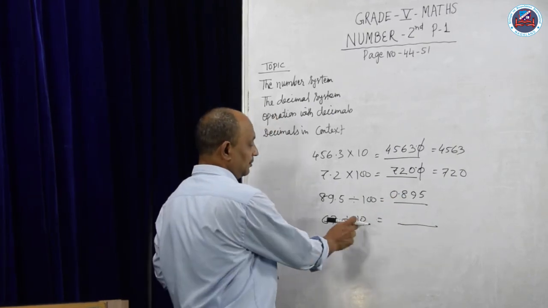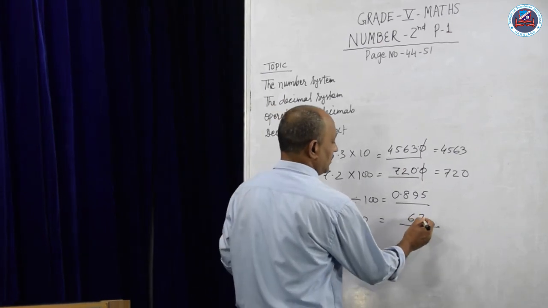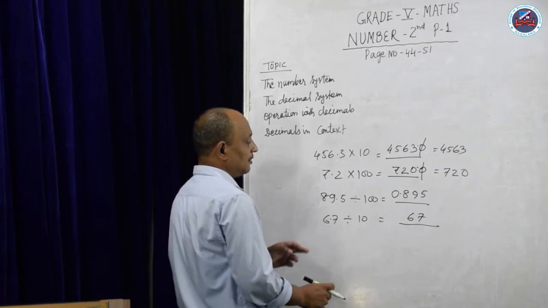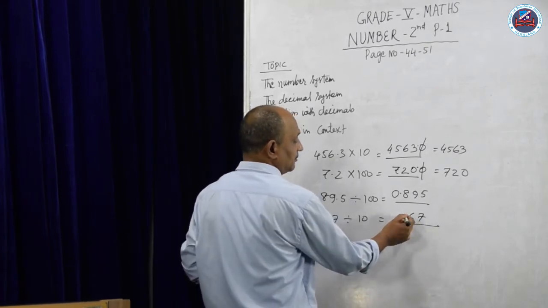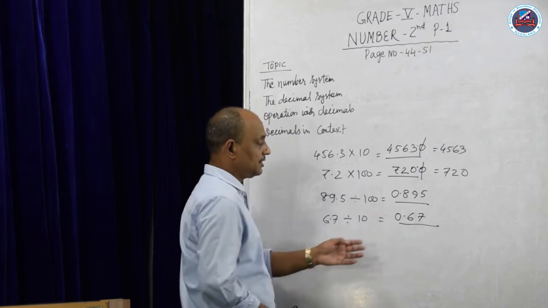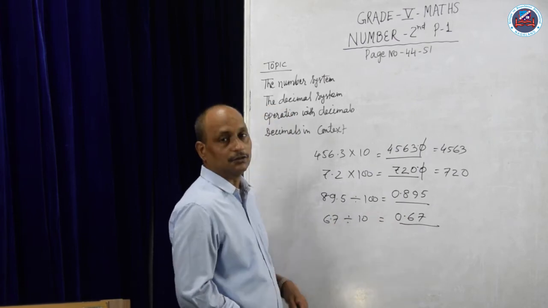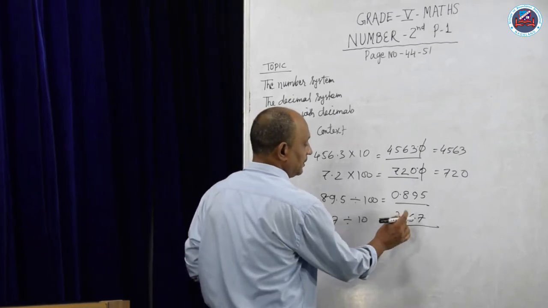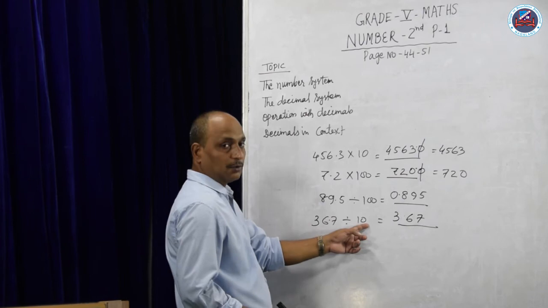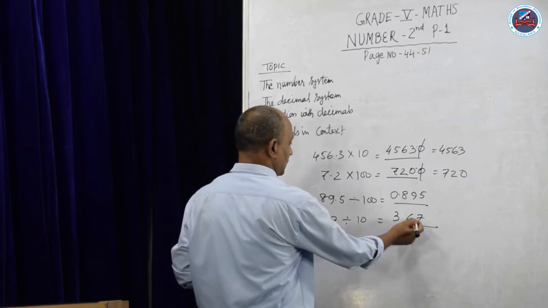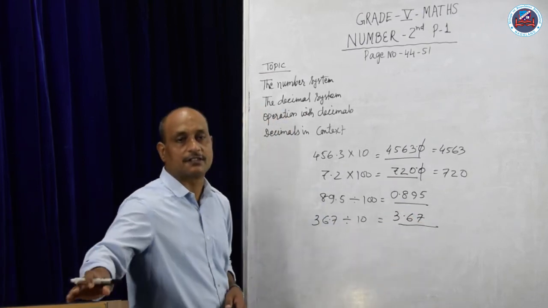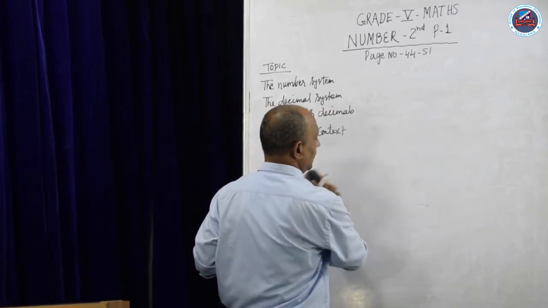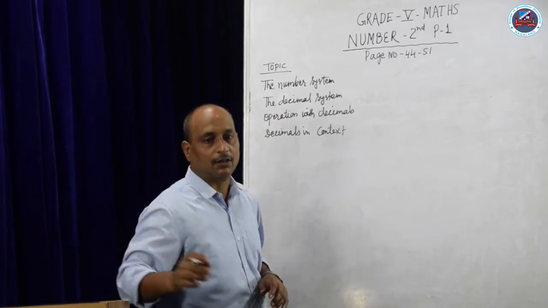Now same way we'll do here, that is 67, and here the 0 is 1 digit, so the decimal will move 1 digit, so it will come here, and since on this side there is no number, 0 will be here. Suppose here is 3, so that means 3 also will be here. So after 1 0, after one number, the decimal will come here, so it will become 3.67. So in this way, we can go ahead with either multiplication or division.